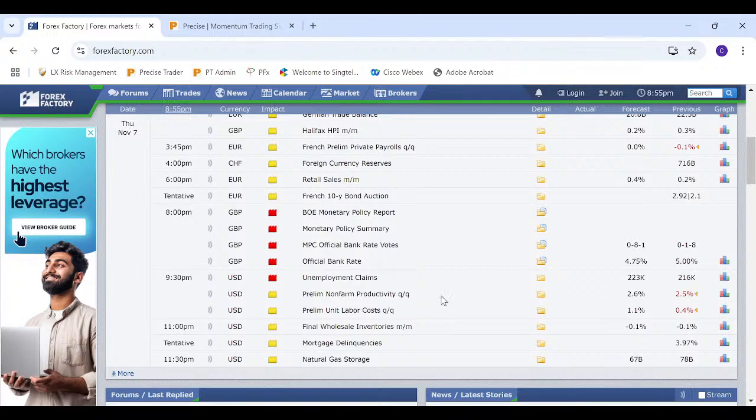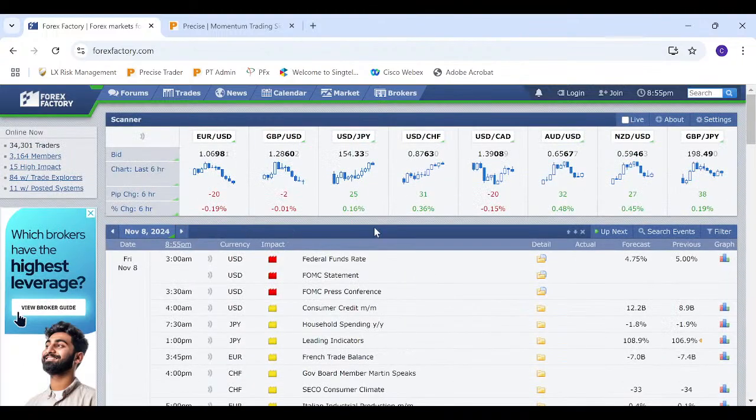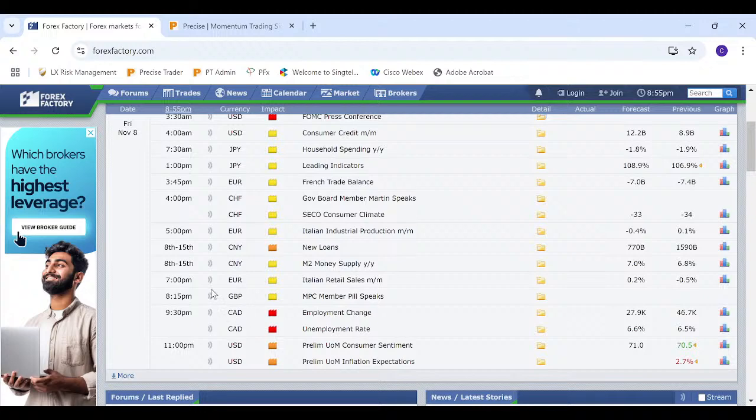Tomorrow we have a GBP rate announcement. I think the forecast is they are looking for a 1/4% cut. And Friday morning, that means tomorrow night, we are getting the US federal funds rate, and this is also a 1/4% cut and statement. So this is Friday. So tonight, I think we are